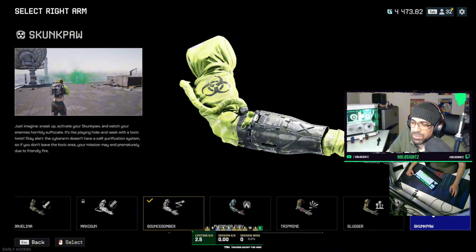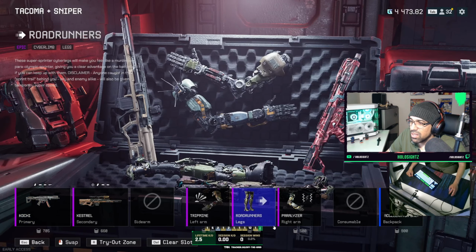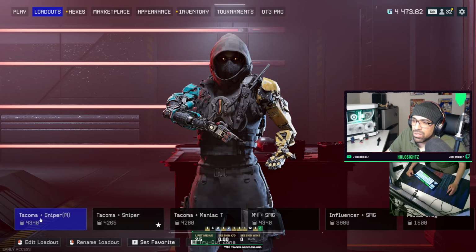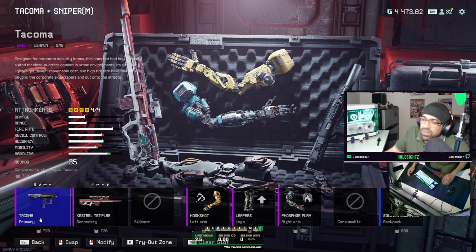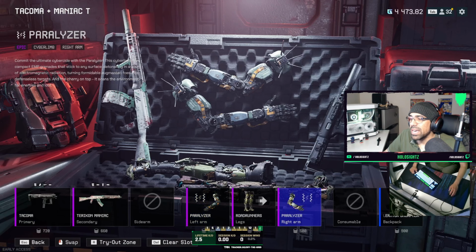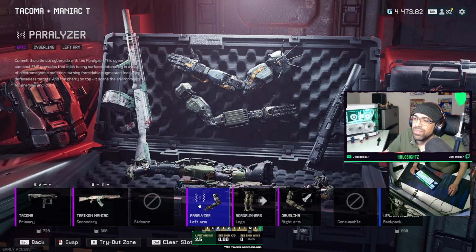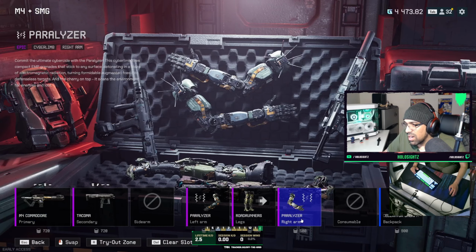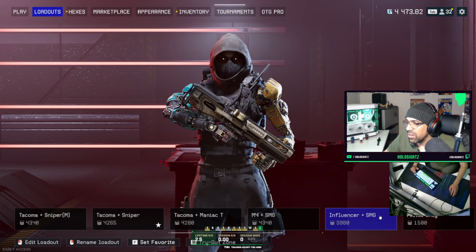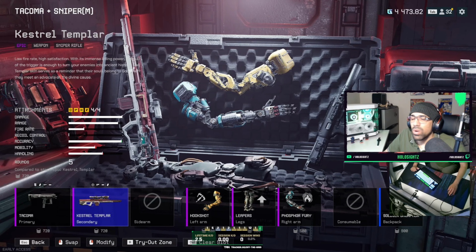Paw. Some combinations that I'm personally running. So the first one here is going to be Hookshot, Phosphor Fury, great combination. Next one's going to be Trip Mine, Paralyzer, great combination. The next one is going to be Double Paralyzer, super great combination. Another one that I'm going to recommend is Paralyzer with the Javelinas, great combination. Other than that, Hookshot, Phosphor Fury, probably in my last loadout there to repeat myself, but those are what's working